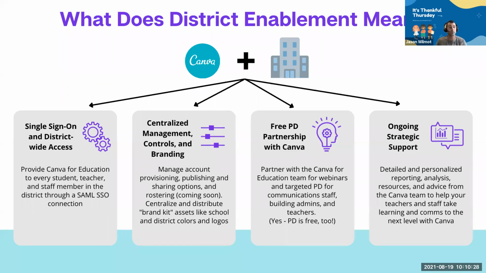The third thing here is we're going to provide you some free professional development partnership. We've got webinars we can do. We've got engaging materials we'll send you. And then obviously ongoing strategic support, personalized reporting, analysis, who's using the tool, how they're using it. We have tons of cool district-wide features coming. And that's really when you think about that district enablement and setting up your district, that's really what we want